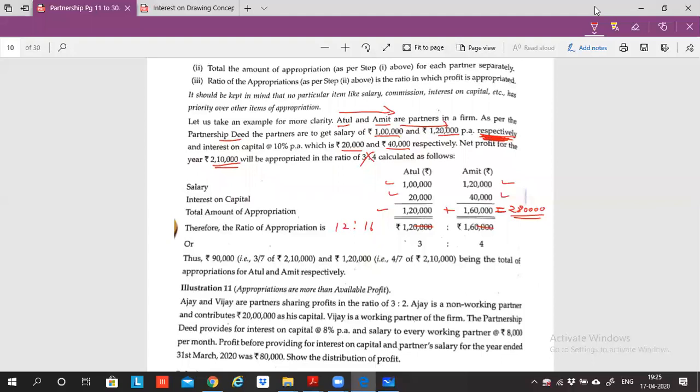12 and 16. Now please tell me, I need one particular multiplication table which will divide both of these items. Please tell me which table will divide both of these. 4. 2 table and 4 table, correct? So I will use the 4 table because 4 is the highest table, and I can do it faster. So in the 4th table, 4 ones are 4, 4 twos are 8, 4 threes are 12, 4 fours are 16.